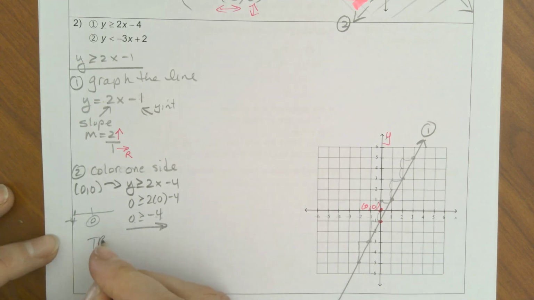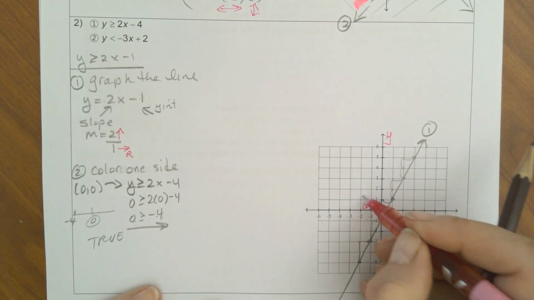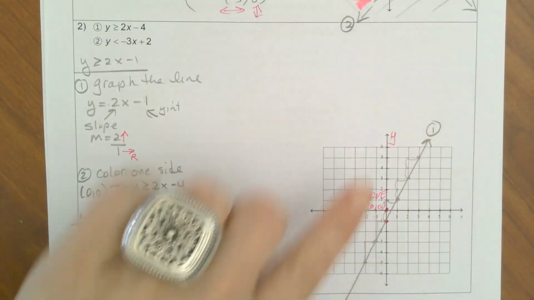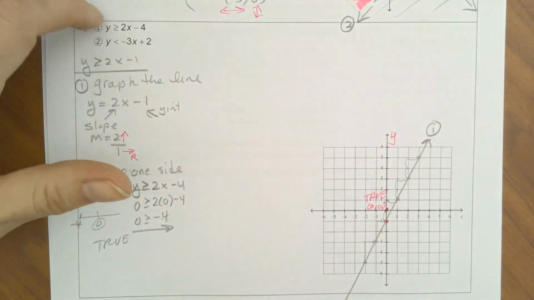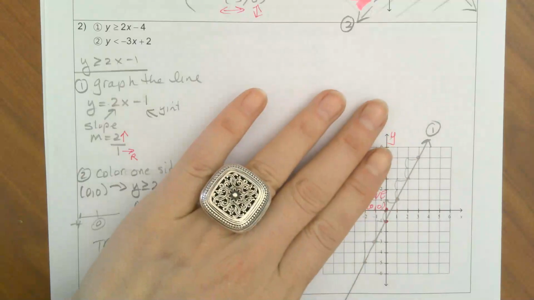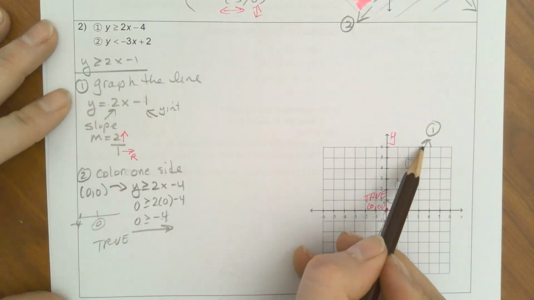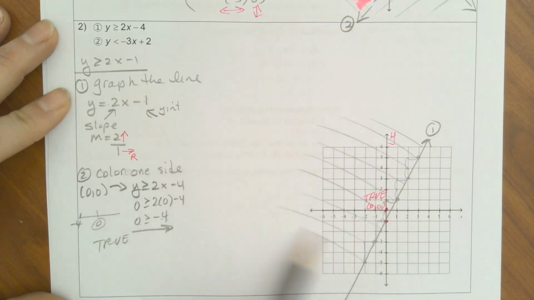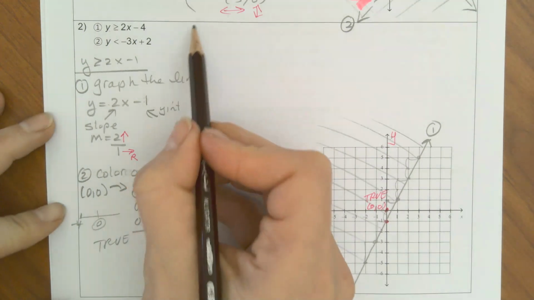That's true. So this side here with the 0, 0 is true. If I take any point from this side and substitute it into this inequality, it will be true, and any point from this side will be false. So I'm going to shade this side of the boundary line. Now let's do